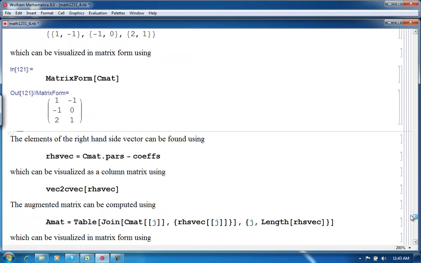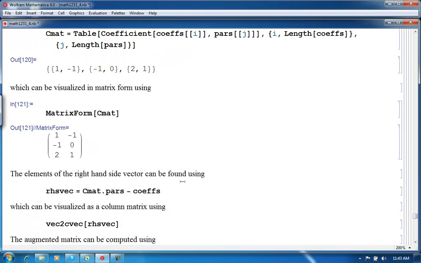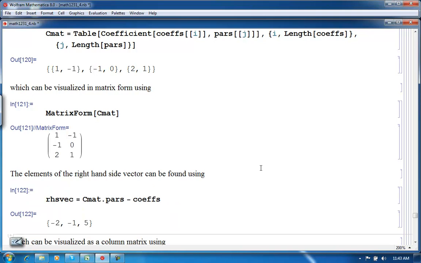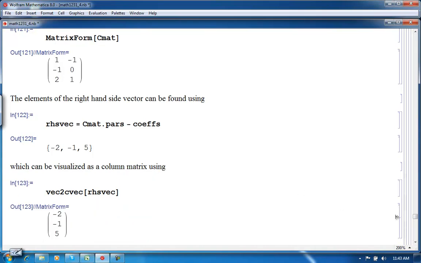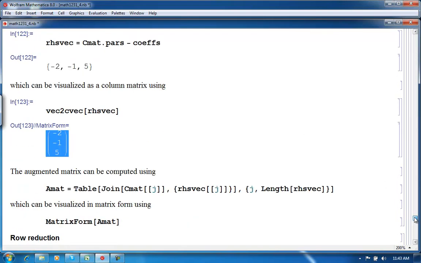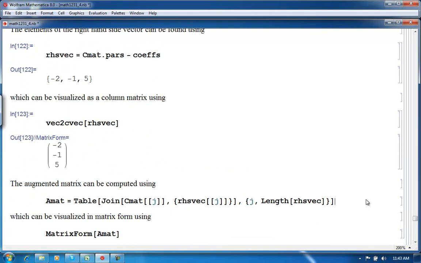And then finally we can calculate the right hand side vector by multiplying the coefficient matrix by the parameters and subtracting off the equations. And that's the right hand side vector, which we can express as a column matrix or column vector. And now to get the augmented matrix, we want to join this vector onto this matrix here as its third column, and that can be done using this